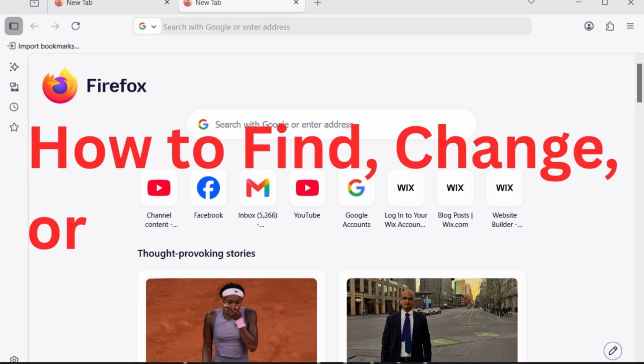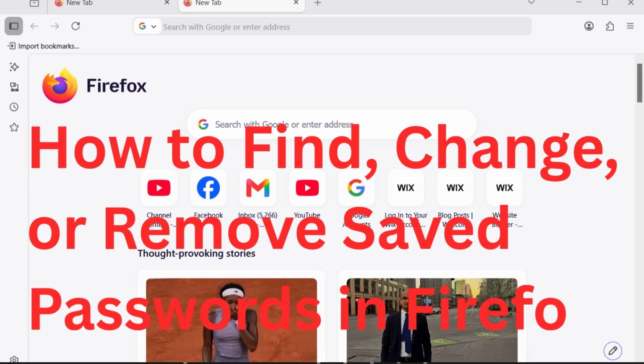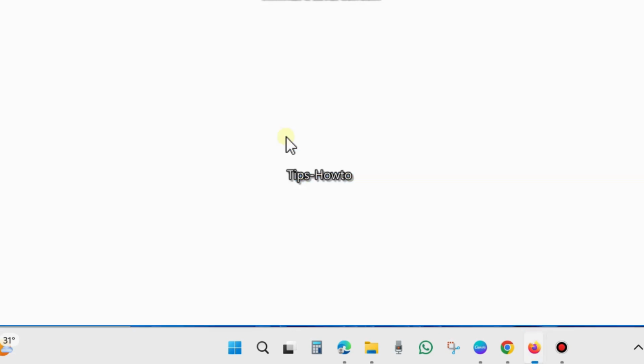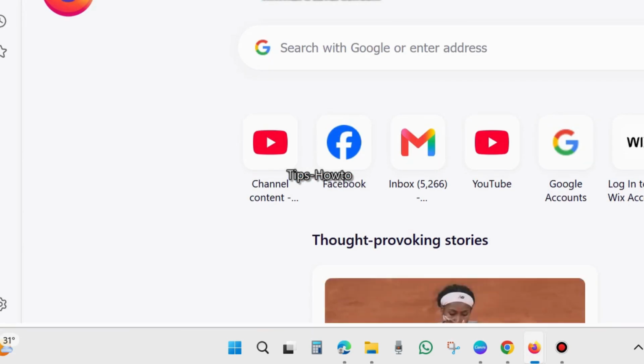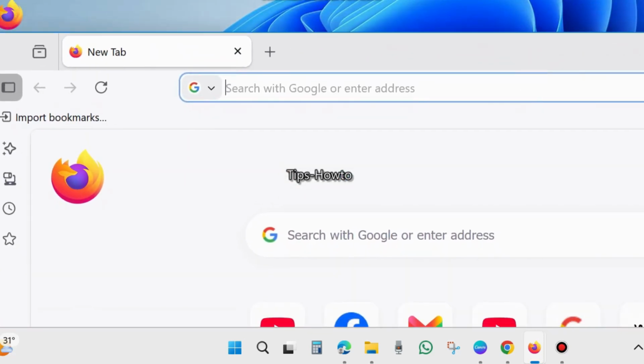Hi guys, in this video we will see how to find, change or remove saved passwords on your Mozilla Firefox browser. If you want to view, change or remove saved passwords on your Firefox browser, here is the process. Launch Mozilla Firefox first and here click on